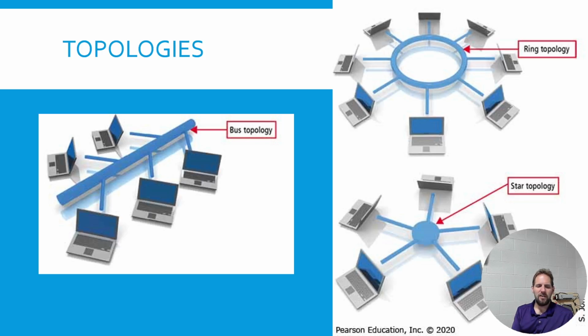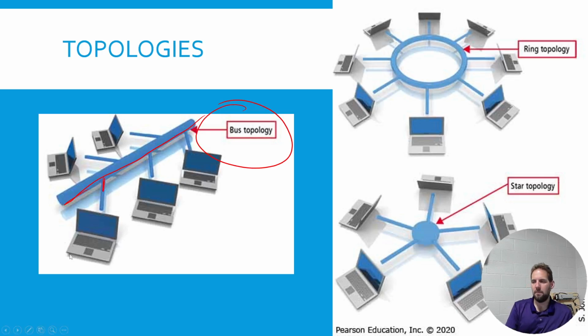So what a topology is, it's the physical layout of a LAN, or a local area network. So the bus, as we can see here on the left-hand side, our bus topology over here. Nodes are connected to a single cable which is terminated on each end. So the data packets move back and forth along the cable. They all share this big backbone, that's what it comes down to, and they all have a direct connection